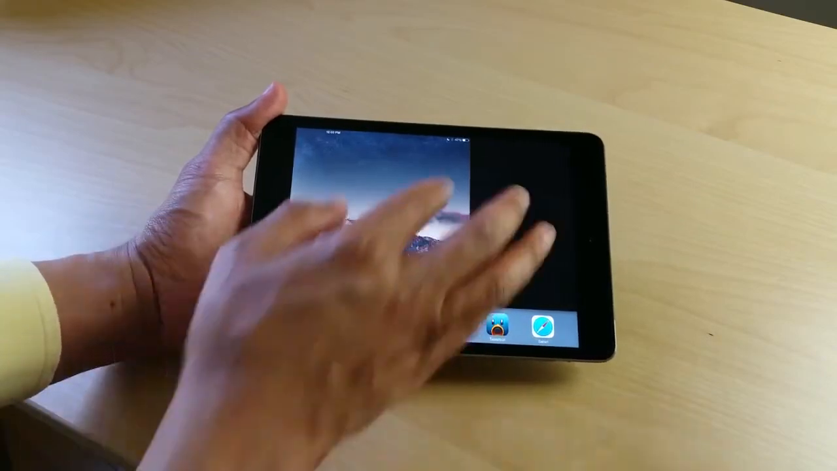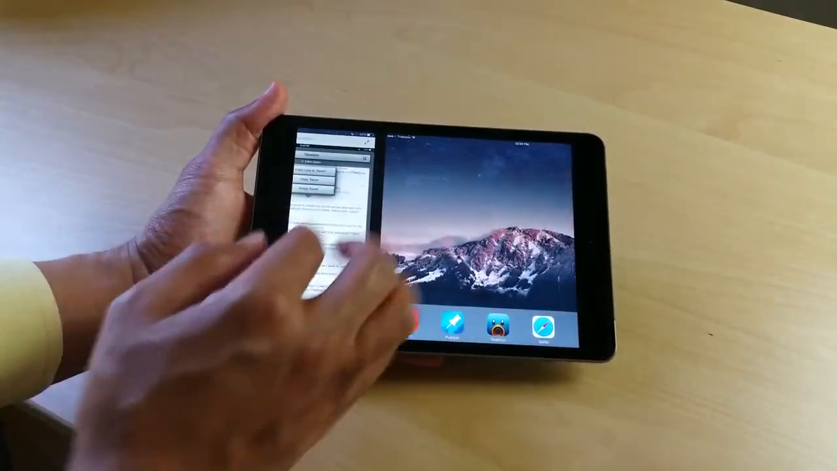So this is OS Experience, ladies and gentlemen. It is $9.99 on Cydia's Big Boss repo. It's available for